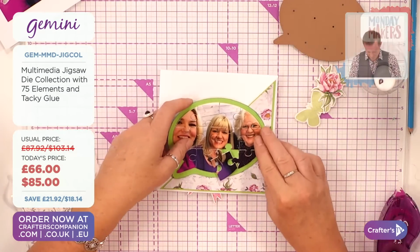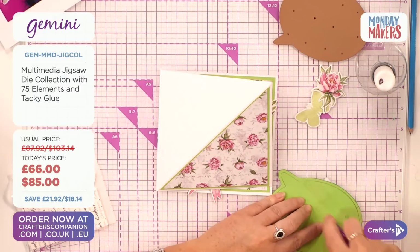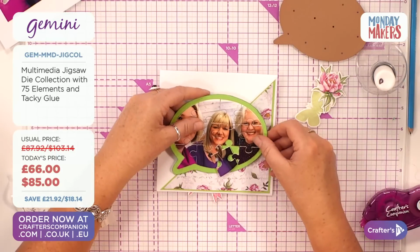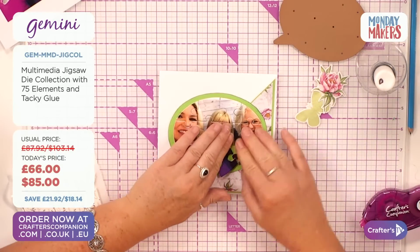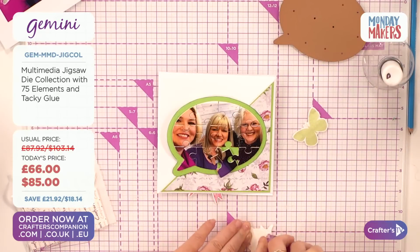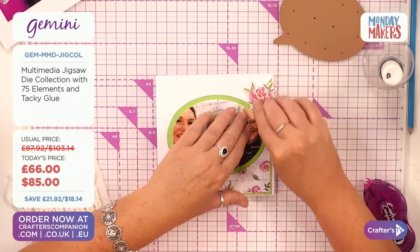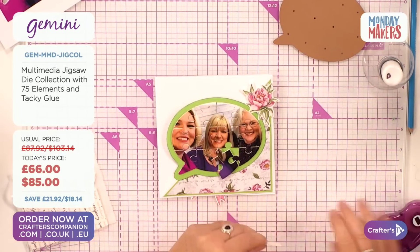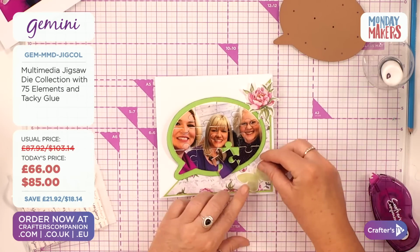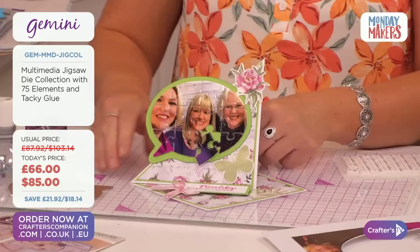So what we're doing now is we're just attaching our photograph. So just pop it just where I want it to stick onto the front there. And then I've got just a little flower to finish off up here. So obviously I've used the quintessentially English, which just went beautifully with all these elements. And then I've just got a butterfly to finish that off. Let's pop that there. And then if I turn that round, I love it. Pop that there, we've got our beautiful